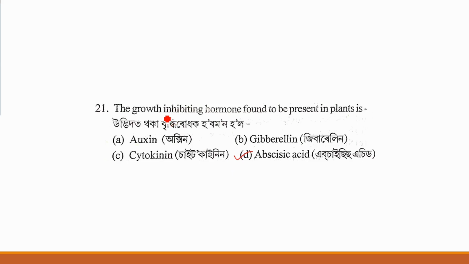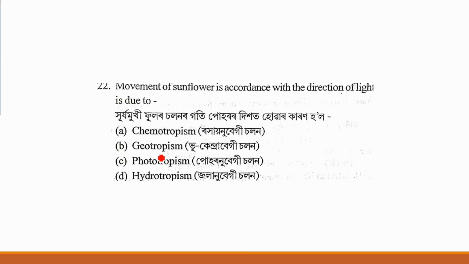So the growth inhibiting hormone, our correct option will be abscisic acid. We'll proceed with the next question. Movement of sunflower in accordance with the direction of light is due to chemotropism, geotropism, phototropism, hydrotropism. So movement of sunflower in accordance with the direction of light is due to